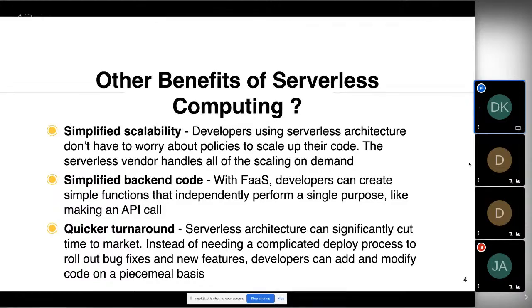Quicker turnaround. Quicker turnaround here is that with serverless, you can quickly or easily get your application running, get the application to the cloud, or easily get the application to your users, because normally the cloud provides you with certain services that you can quickly leverage, and you don't have to implement them by yourself. For example,